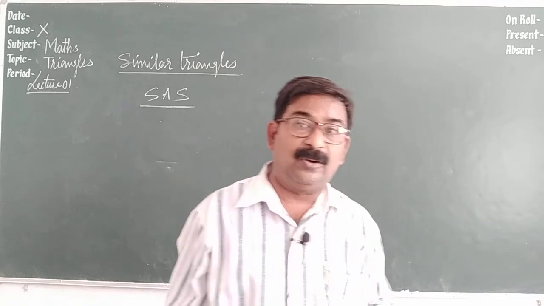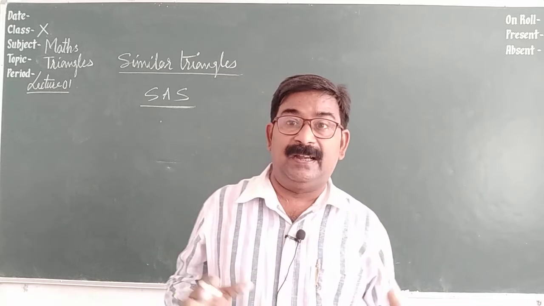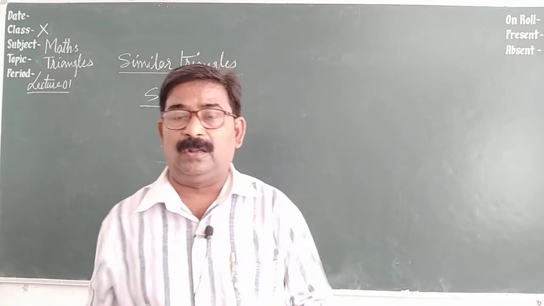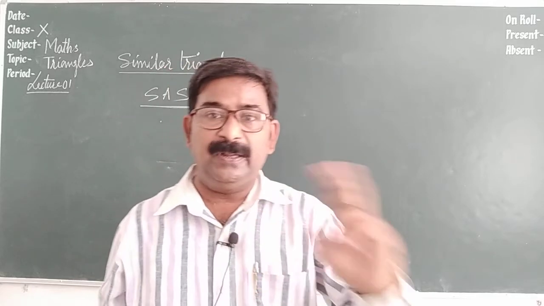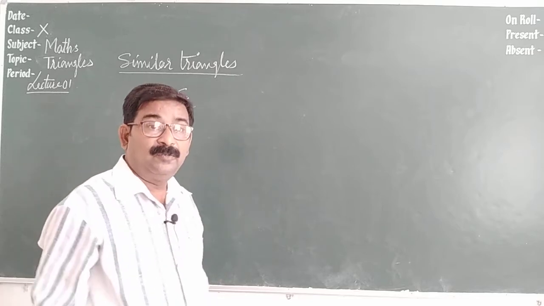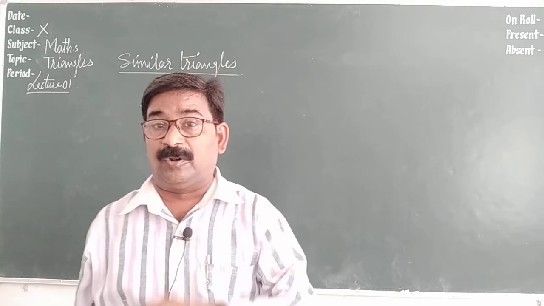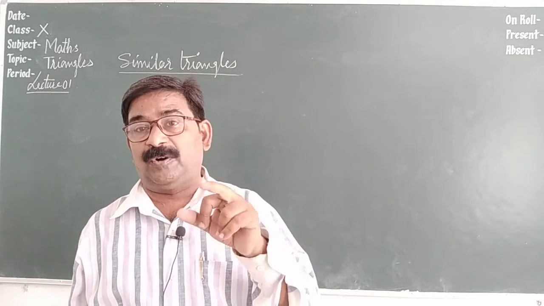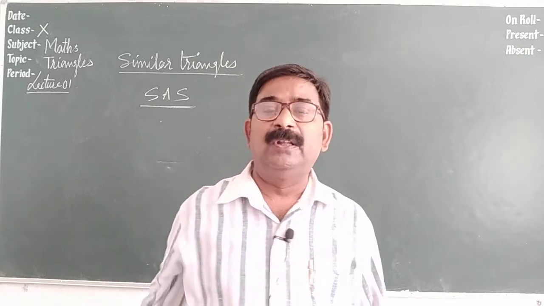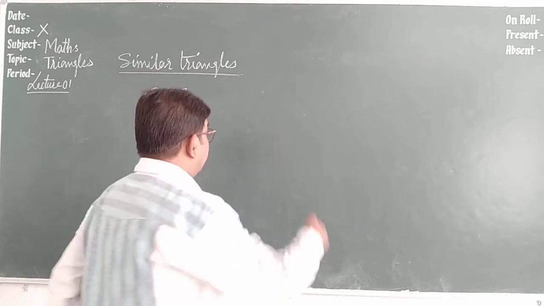In congruency of SAS we said that two sides and the included angle of one triangle are respectively equal. Meaning two sides must be equal. Now here in this case of SAS we say that the ratio of two corresponding sides is equal and the angle between them is also equal, then the triangles are said to be similar by SAS criteria. See, I am writing,